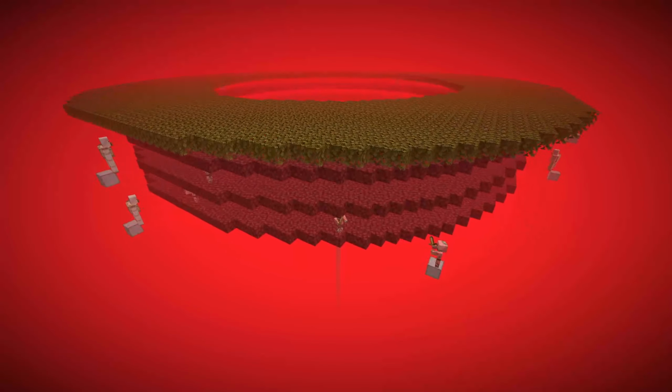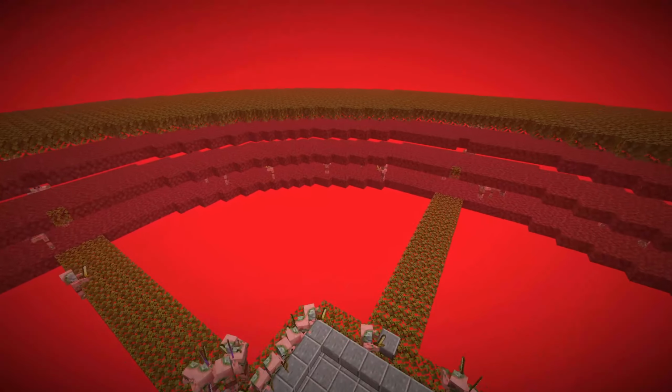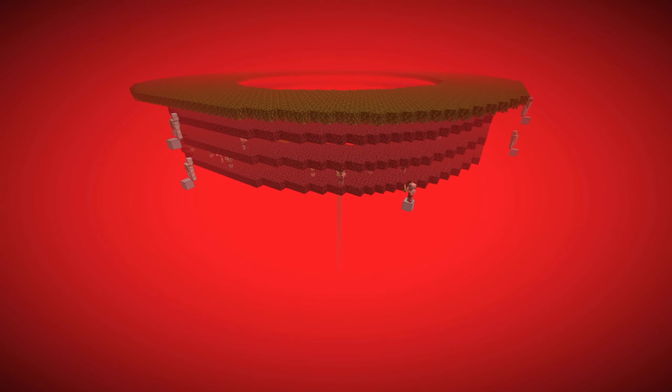So just like the last farm, there are zombie pigmen on the outside to continue an aggro chain. Iron golems as well. So just like before, there are spawning platforms in the shape of a circle. Nether things. And the way you use the farm,